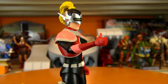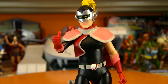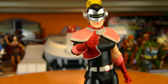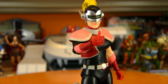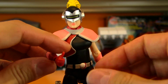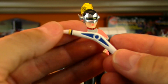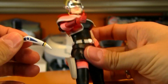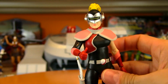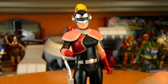And with the thumbs up, very cool. She's such a stoic character, very John Wayne-like. And I think that hand attachment really suits her well. Kind of like Snake Eyes, if Snake Eyes could talk. And I'll look at some of her weapons. This is the boomerang, which fits into the side holster. And if you grab one of the gripping hands,